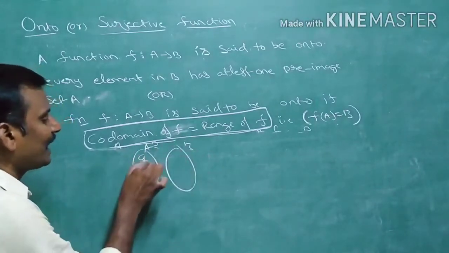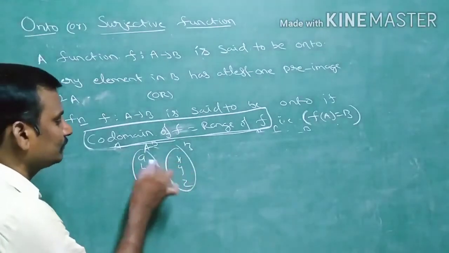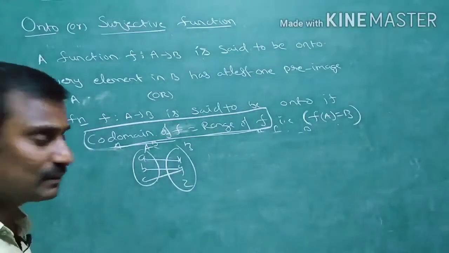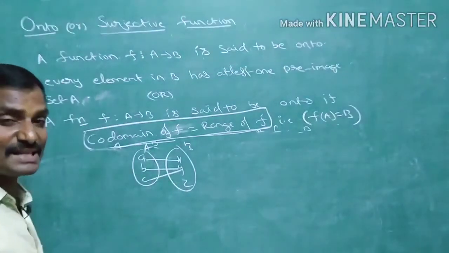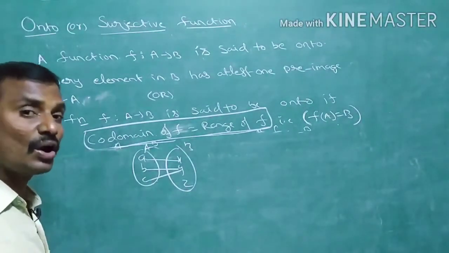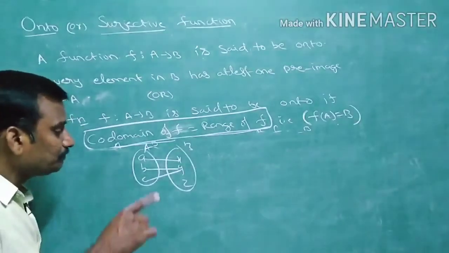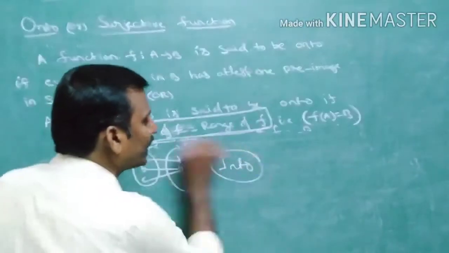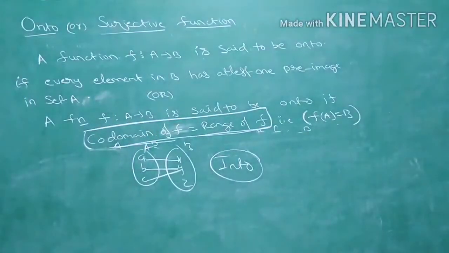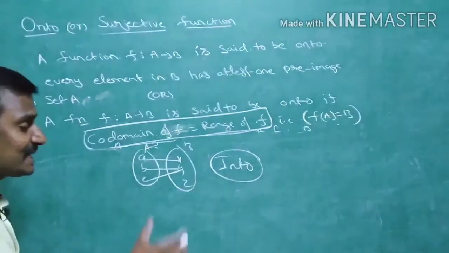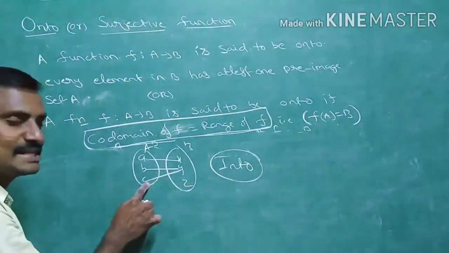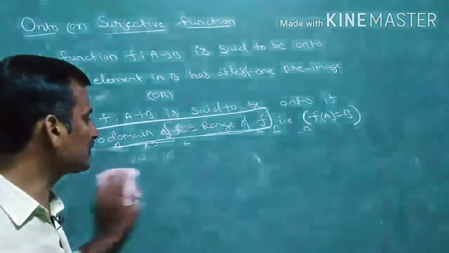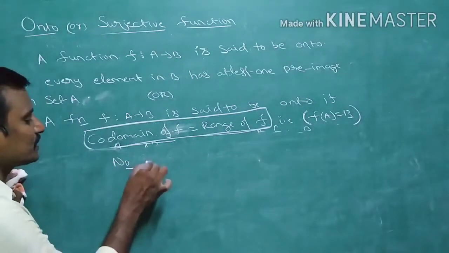A, B, C and X, Y, Z. Is it an onto function? Z has no preimage. It is not an onto function. So then it is an into function. A function which is not onto is called an into function. At least one element in set B has no preimage in set A, that is also an into function. The number of into functions is equal to